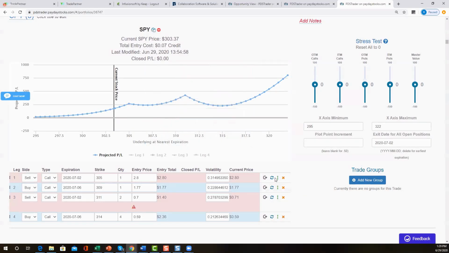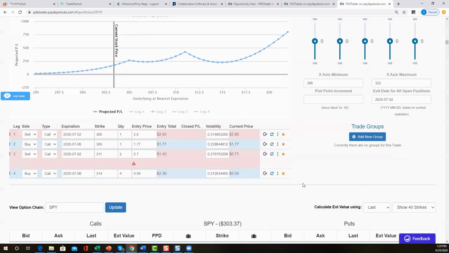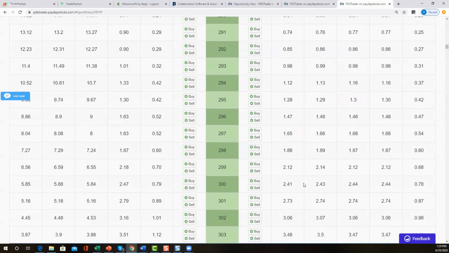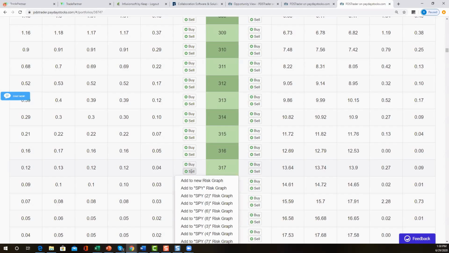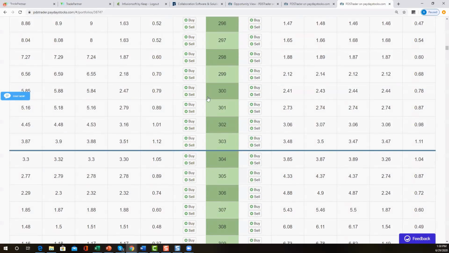Right? So if that becomes available, I can do that. Or I can go even further up and I can sell a 317. Now, I didn't sell a further up. I usually do a 1-2-1, right? 1 short, 2 longs, 1 short. And I didn't sell another short because they're not worth very much. But I'm going to go ahead and do that. Which number is this here? This is number 8. So I'm going to put this on 3-8.